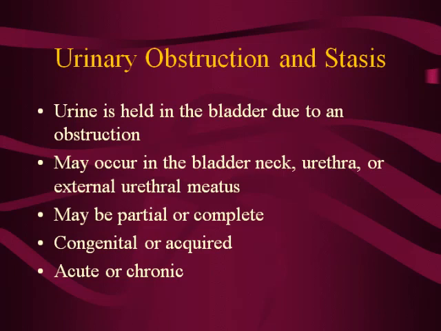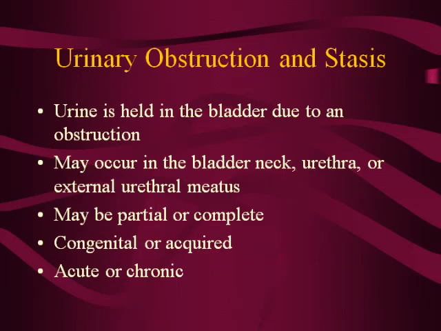Urinary obstruction and stasis is when urine is held in the bladder because there is some type of obstruction keeping it from passing through. It can be in the bladder neck, it can be in the urethra, it can be in the external meatus. It can be partial obstruction or it can be complete. It can be a problem that you're born with, or it can be something that you acquire,